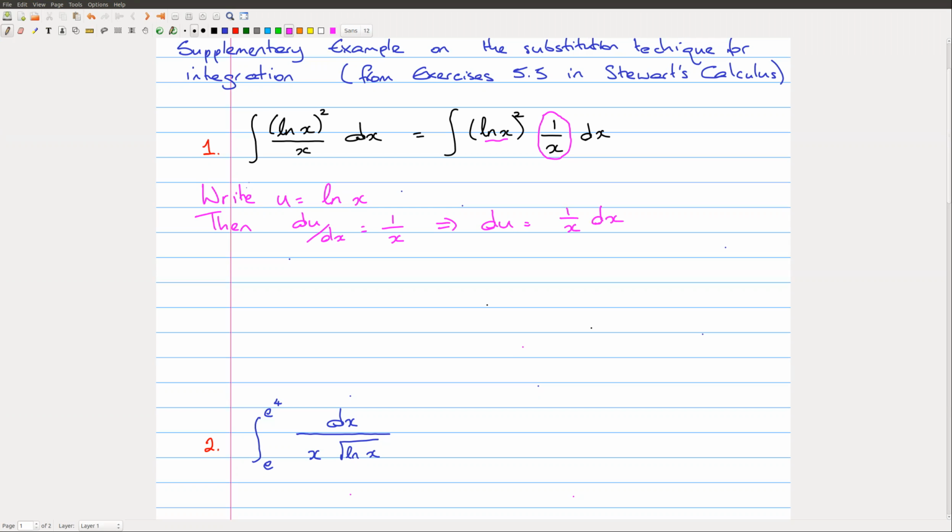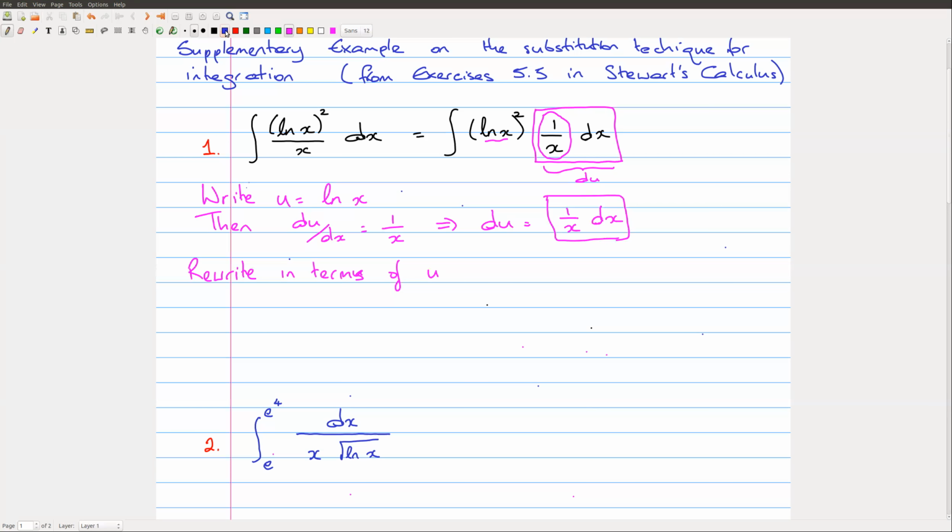Okay, and that's good because 1 over x dx would translate into du when we translate our problem into a problem involving the variable u, which means that the 1 over x part here, which is causing problems, would get absorbed into the du. And so rewriting in terms of u, 1 over x dx here, that part is du, and the other part, log x squared,